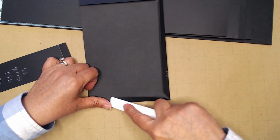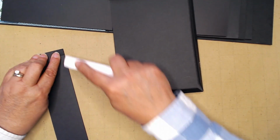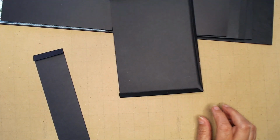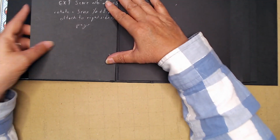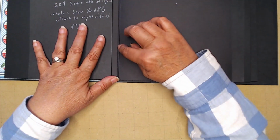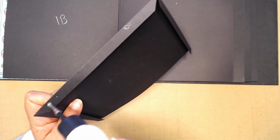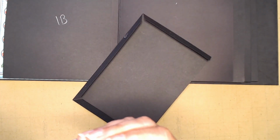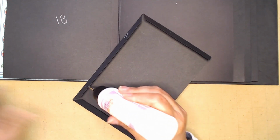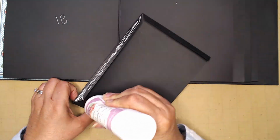And we're going to be taking this piece, and it's going to go on the back of page 1, adhering it to the right-hand side of the page. So I just make sure it's all lined up. I try not to go over that score line. In fact, just stay a little bit to the left of that score line, just so that page will open up all the way. So we add a reasonable amount of glue,